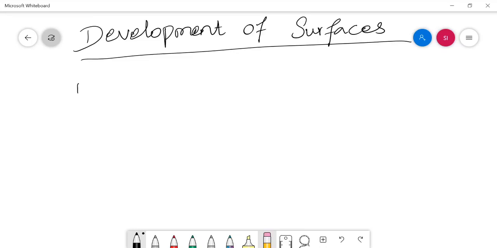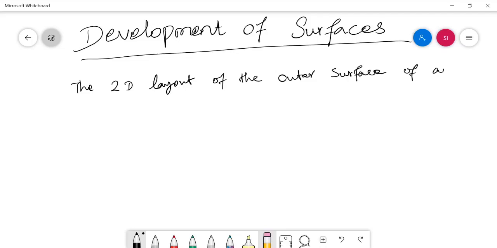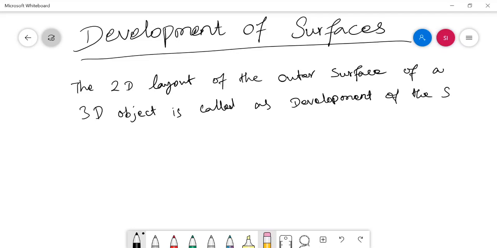Simply, the 2D layout of the outer surface of a 3D object is called development of the surface.